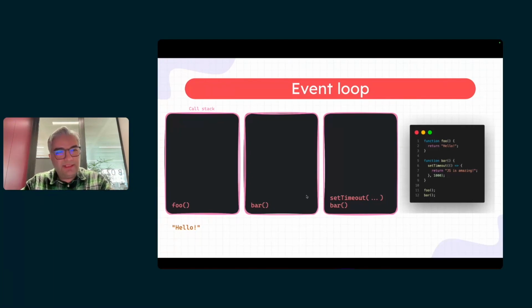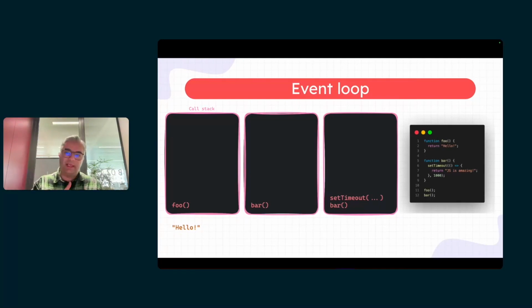So let's take a look at it from the call stack perspective. At the beginning, at line 11, the call stack is filled with function foo. It returns something, hello. So okay, fine. As soon as we run it, there is no function inside, so done. The call stack is empty. We should move to the next line, line 12, running the next function. The next function is bar. So I'm going to run the bar function. As soon as I try to run the bar function, it goes inside, right?